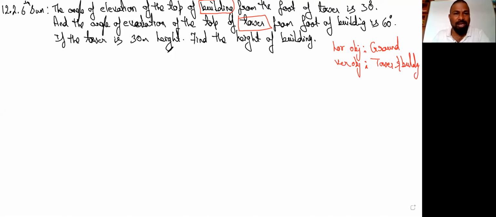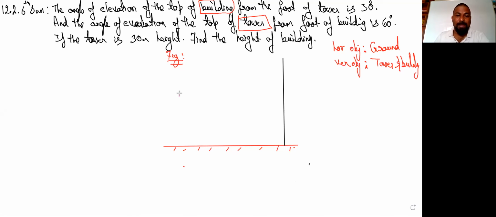So basing upon that, let's draw the figure here. We are drawing the horizontal object, which is nothing but the ground. So I like to call this as ground, no issues. Now we are going for a tower here, which is the vertical object. I like to call that a tower, and obviously the building is a little bit shorter than the tower. Both are vertical objects here.